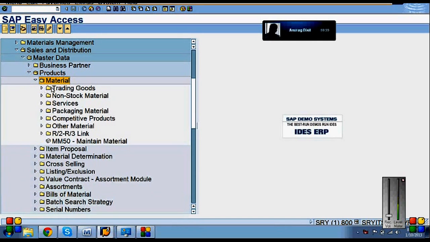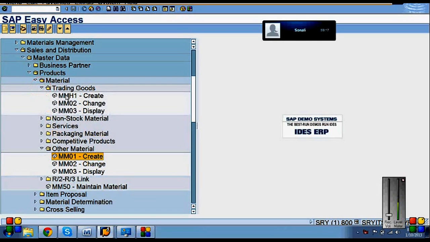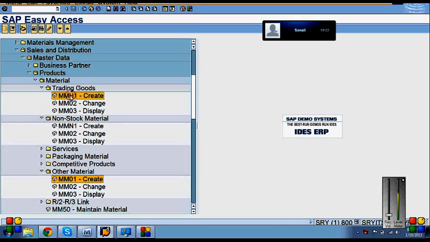So coming down to trading goods, these are the types of products like trading goods, non-stock, services, packaging material, competitive products, and other material. So for other material the T code is MM01, and specific T codes are something like MMH1. You can write the create T codes. Trading goods MMH1,